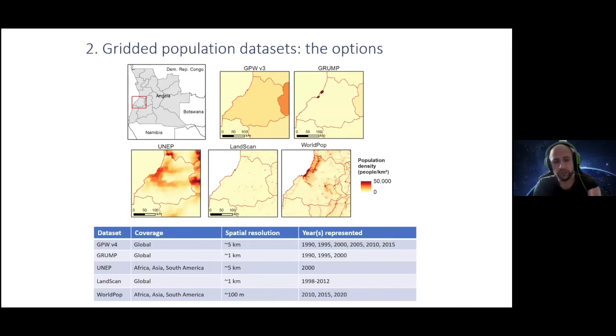There's a few others as well, the GHSL, and their available resolution varies a lot. They can go from 5 kilometers to 100 meters, and they also have different coverage when it comes to dates, from the 90s to 2050. They are all nice in the sense that they can be used for continental analysis or national analysis, but when you use them over the cities, they're really not well performing. We need something else there.